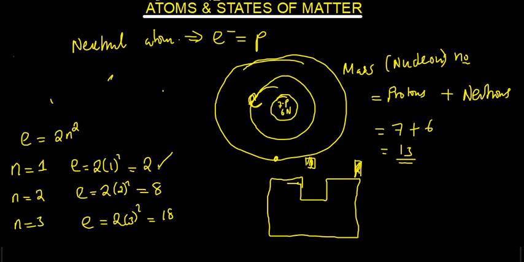So what groups do you have? You are going to have 8 groups on the periodic table. Group 1, group 2, group 3, group 4, group 5, 6, 7, and 8. Now, when you are going down, going in this direction, you are going to have periods. You are going to have period 1, period 2,